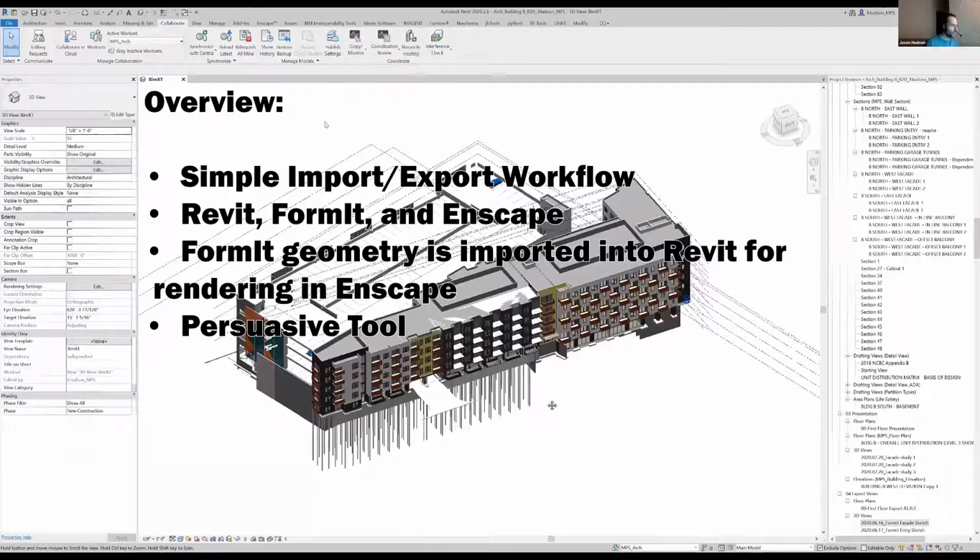So today I'm just going to be going over what's essentially a really simple FormIt workflow. It's just importing and exporting geometry like as a family, and being able to use that geometry and all the resources that you already have in Revit kind of seamlessly as sort of a round